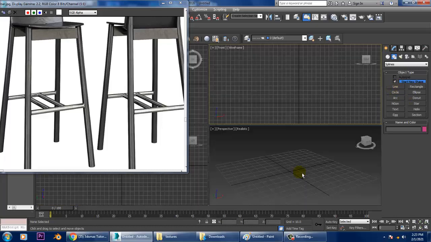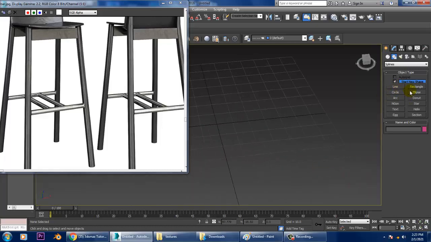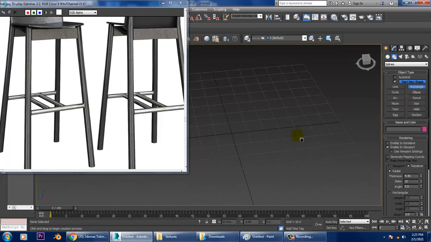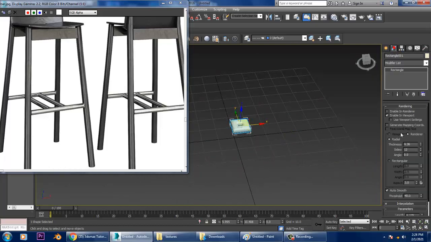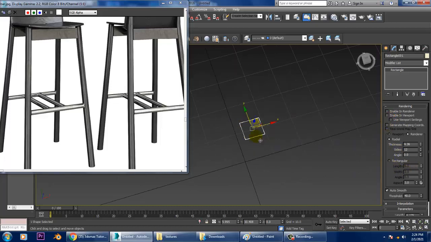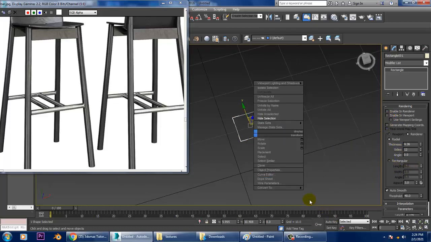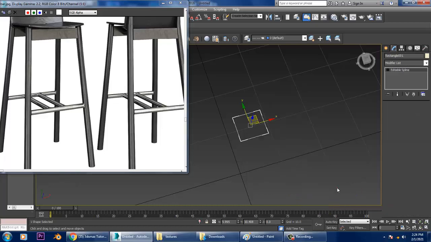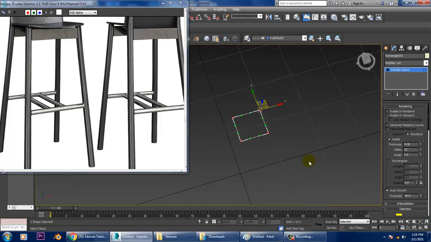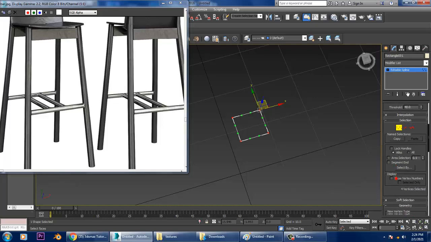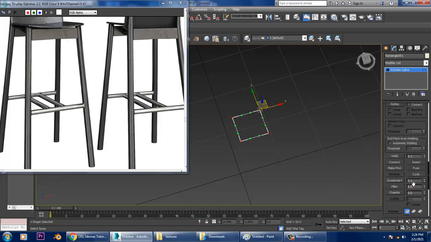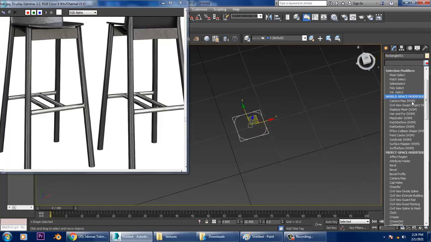How? I'll show you. Let's take a rectangle over here and convert it to editable spline. Let's go into this and give a fillet to it, and then give an extrude modifier.